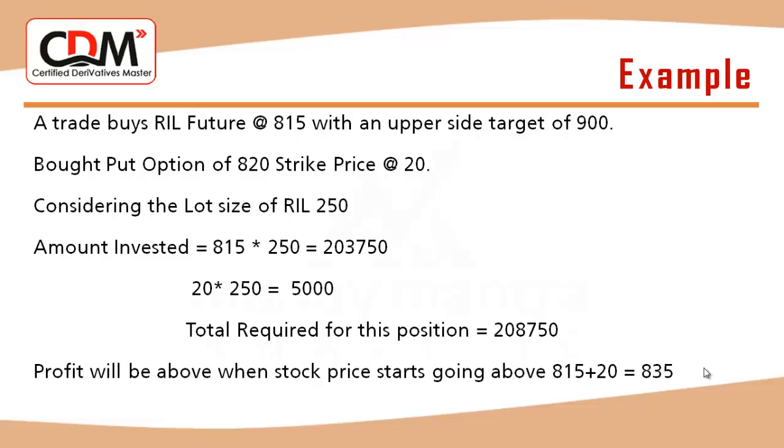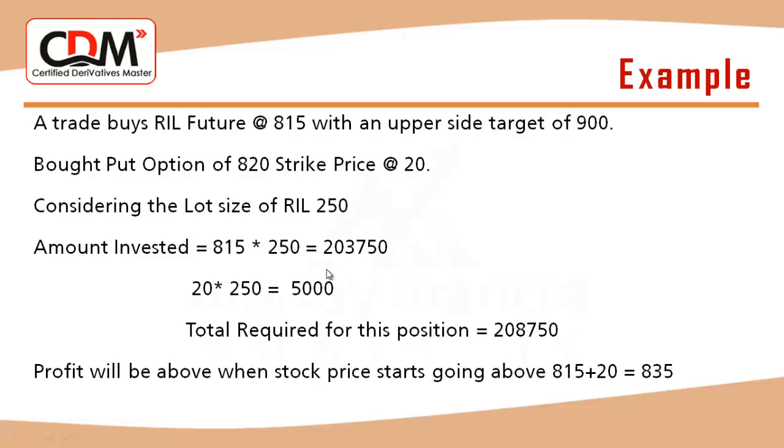So suppose, in case of any problem or any market sentiment change, the price of Reliance may fall on the downside also. So he just took a step to save his position, or to hedge his position. He also bought the 820 ITM strike price for Reliance at the rate of 20. Considering the lot size of Reliance, that is 250, the amount invested in that strategy is equal to 815 into 250, that is